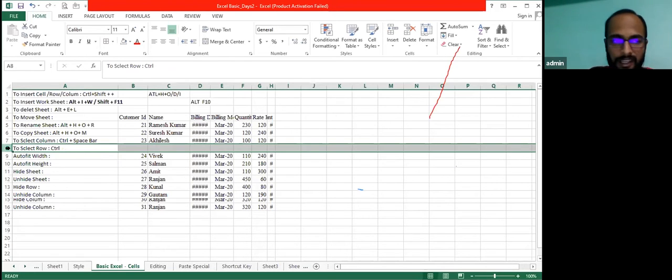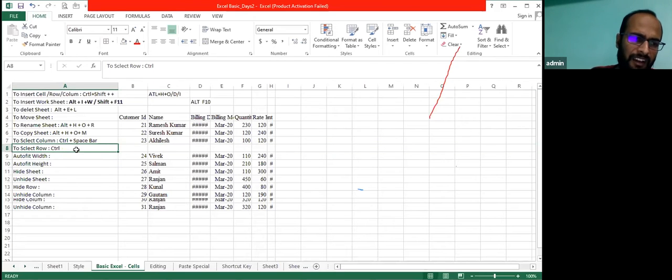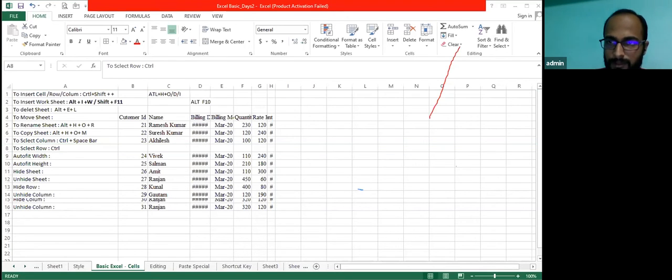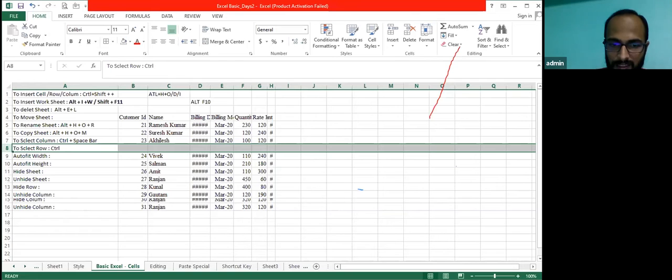This is the longest way. Otherwise, if we want to select using a shortcut, then just press Shift and space. Press Shift and space. Yes, please press Shift and space. I know some of you might have been using this, but it is good for beginners.